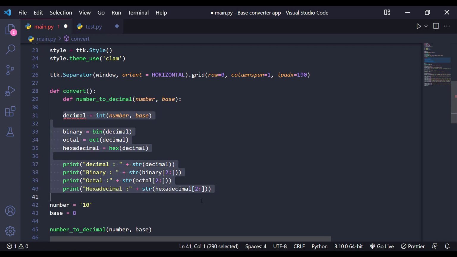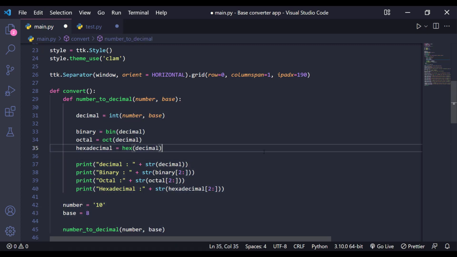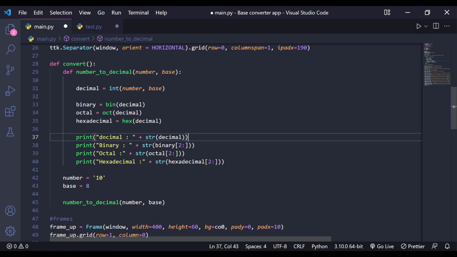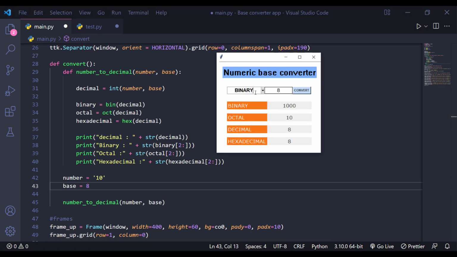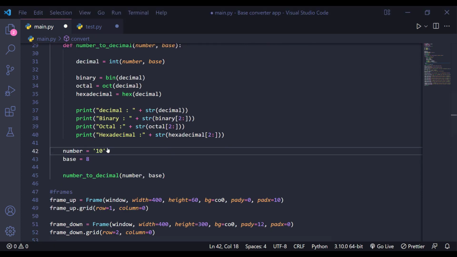Just copy this entire thing and give it that. So here we have number to decimal: number, base, decimal, everything is fine. But instead of getting numbers like this, we'll get the numbers from the combo box and entry, from these two things. From this combo box and from this entry, we are going to get the numbers. So just give number equal to